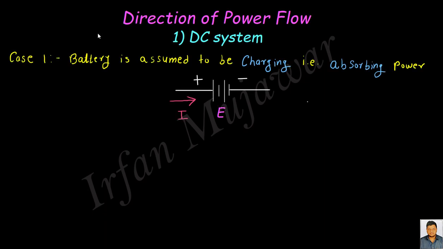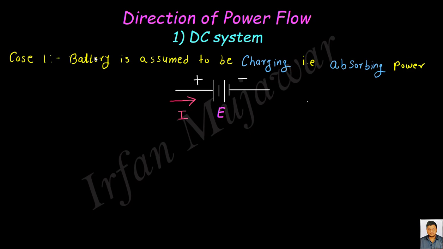Hello friends, in this class we will discuss the concept of direction of power flow in a power system. The direction of active and reactive power flow in a power system, where power is being transferred between the buses and which is supplied by the generator, is very important. Based on the sign of active and reactive power, we can come to know in which direction active and reactive power is flowing and whether a particular machine is supplying or absorbing active and reactive power.